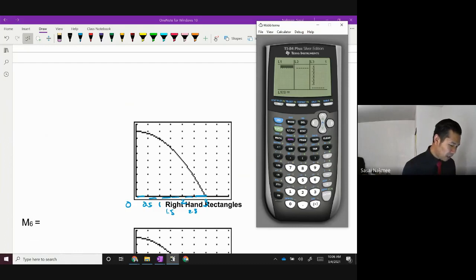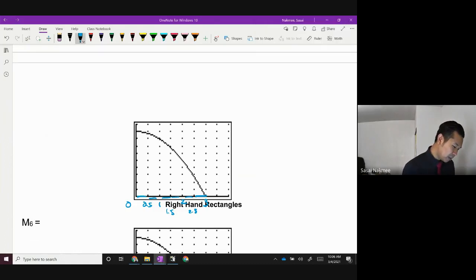So hopefully you guys have taken that minute to draw your right-handed rectangle, right? So this base right here, the height is going to go based off the right side, which is going to go to here, right? So this one right here is going to go up to this function value right here and go like so. So hopefully you have your drawings and they look like this. If not, you can fix your drawings and make them look like this right now.